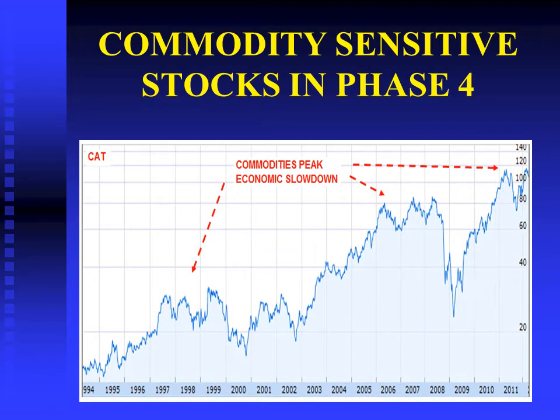What I would like to show you now in the next slides is how commodity-sensitive stocks behave relative to the business cycle. This is Caterpillar, CAT, and notice how the price of Caterpillar declines here, and again declines in the first part of 2012. Why? Because in each period commodities decline, and of course Caterpillar depends a lot on the trends in commodity prices and mining, and therefore the price of the stock doesn't perform well here, and here.